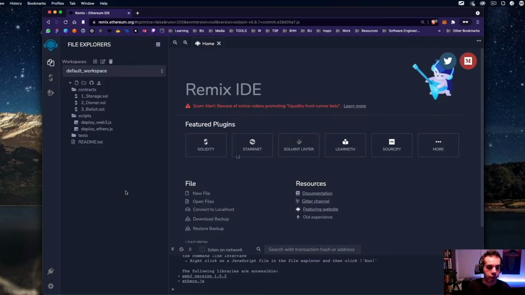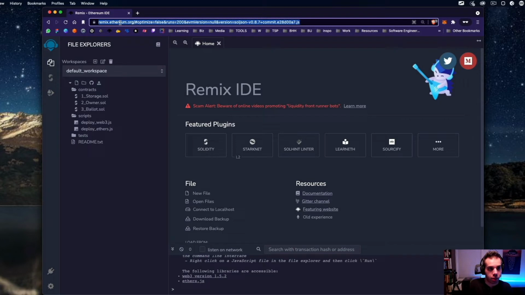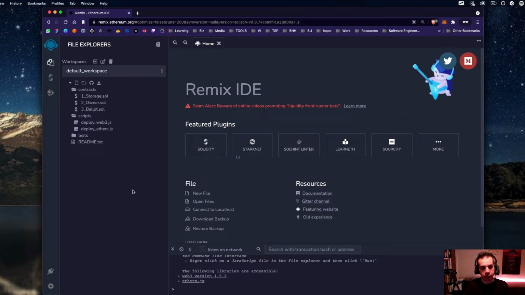So now that we have our system architecture and we know exactly what we want to go out and build, we're going to go to a website called remix.ethereum.org. You'll see this at the top. It's just https://remix.ethereum.org. This is an amazing IDE for coding in Solidity. What's really great about it is it configures this environment where we'd be able to test our smart contracts, actually run, compile them, and then deploy them in a test environment and see actually how they would work.